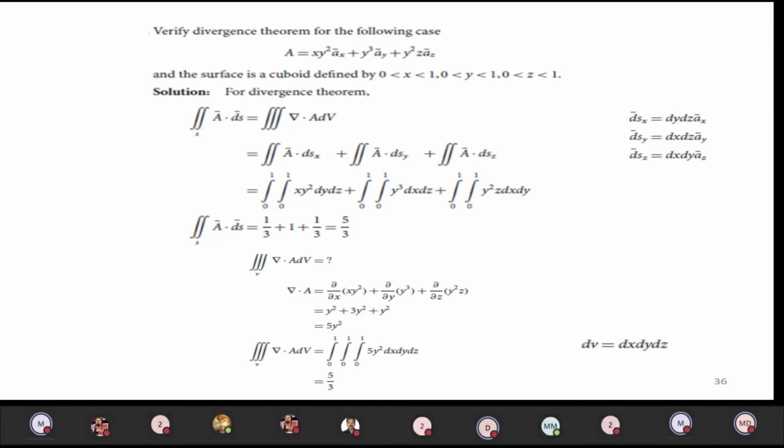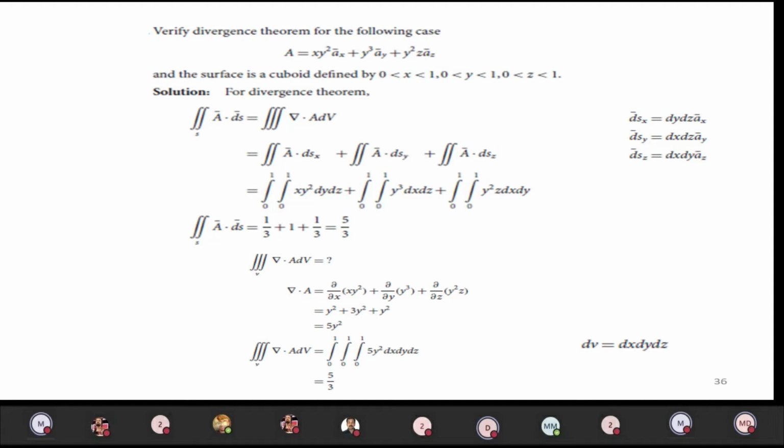So if you take the values, we will get the form of the equations. In that equation, we have to substitute the x, y, and z values. If you solve the integrals, you will get the result in terms of x, y, and z. For that, we substitute x as 1, y as 1, z as 1. You don't need to consider the lower limit, because the lower limit will become 0 only.